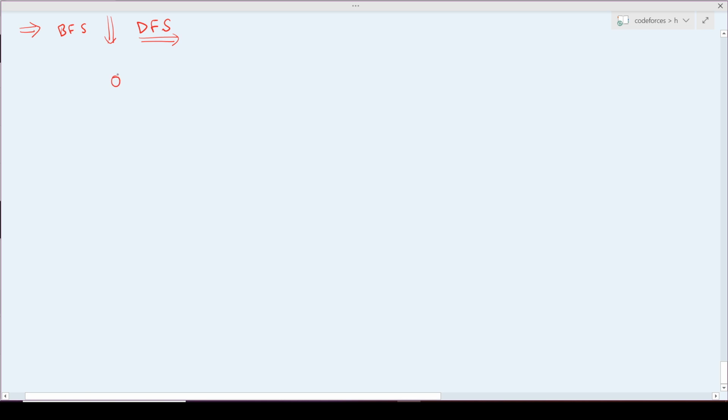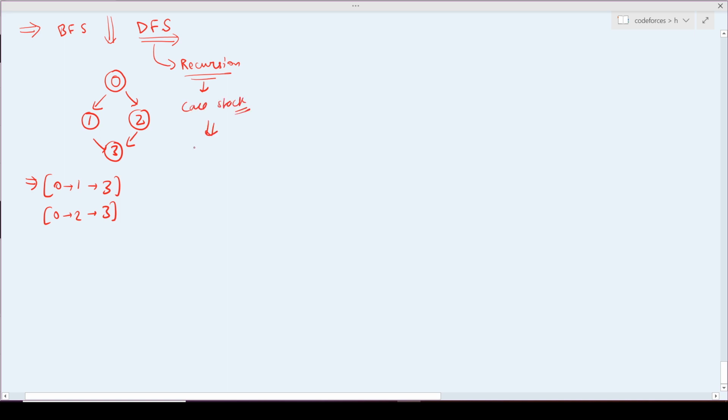Okay, so I have this node 0. I want all the paths to be printed. So I need to print 0, 1, 3 and I need to print 0, 2, 3. Very fine. In DFS, the basic thing we should know is that it uses recursion, which means it uses a call stack, which stores the previous version.